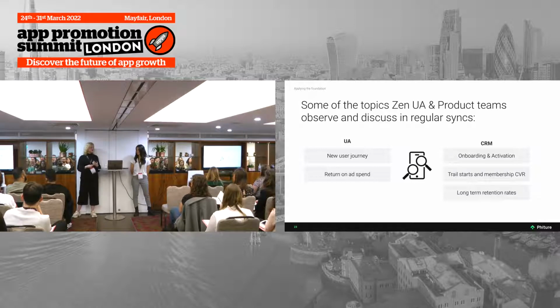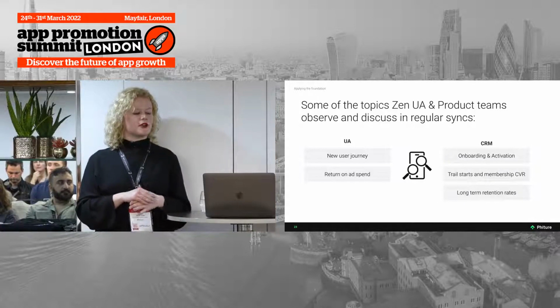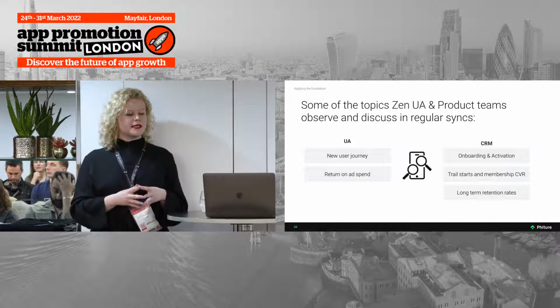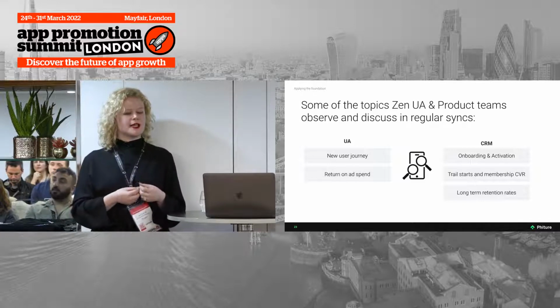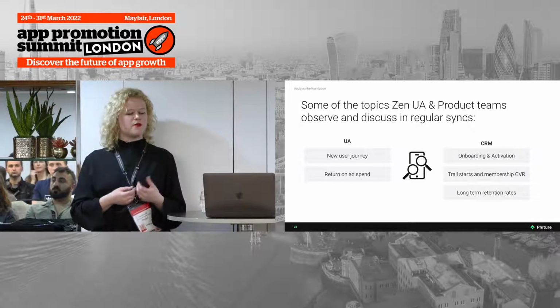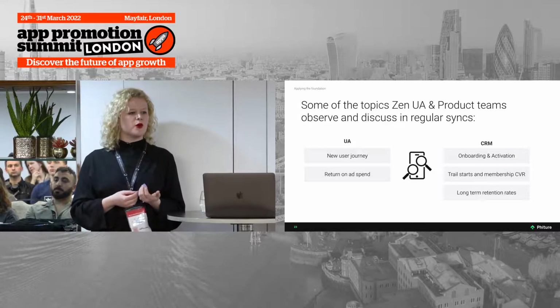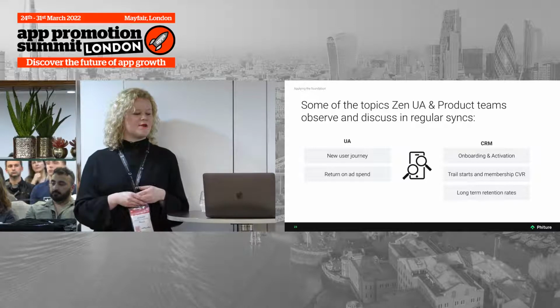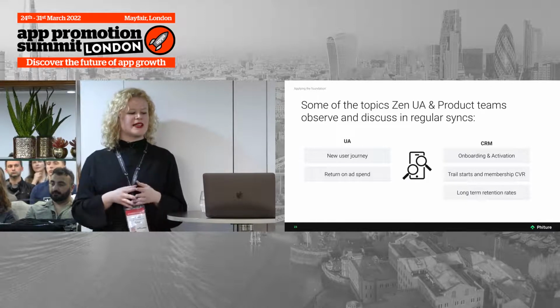So from the user acquisition perspective, of course, that would be the new user journey and the return on ad spend. But from CRM, really the point that we're trying to make here is that when you combine these two teams together, CRM can provide a more granular or microscopic view on the user behavior. So not just, great, we're bringing in users and they're signing up and then that's it, but also